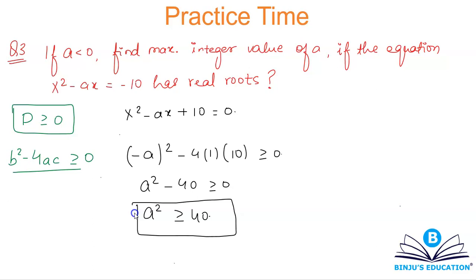Okay, since we are talking about an integer value, the maximum integer value of a is minus 7. You can't take a to be minus 6. Minus 8, minus 9, all these values would satisfy, but the further you go in the negative direction, the smaller the number is. Like minus 7 is greater than minus 8, minus 8 is greater than minus 9, and so on and so forth. The smaller the negative number, the lesser it is basically. Okay, so the maximum integer value is a is equal to minus 7. I hope the question is clear to everyone. So let's move on.